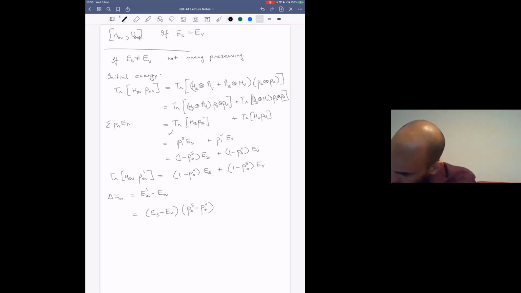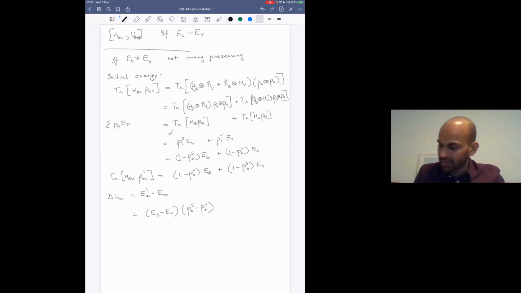I always have to look at this a second time to make sure I didn't get the sign wrong, but yes, that's the end result of the change in energy due to the swap. This is also very nice to understand. If we look at this, this is the energy difference, and this is the